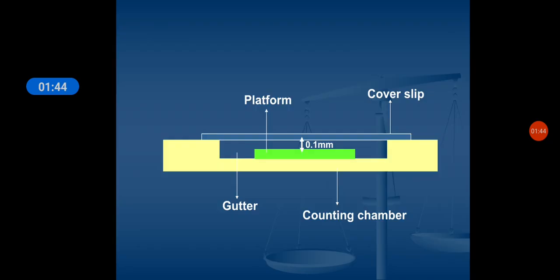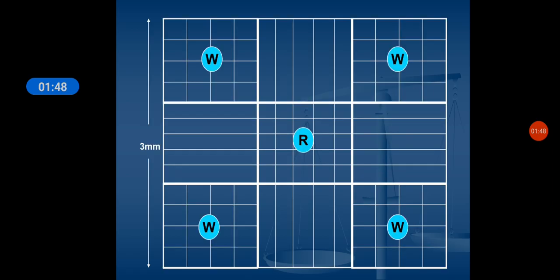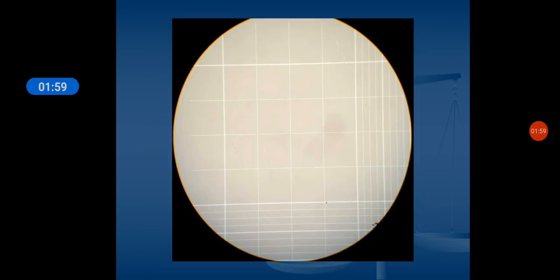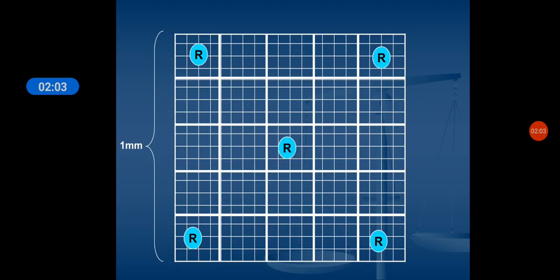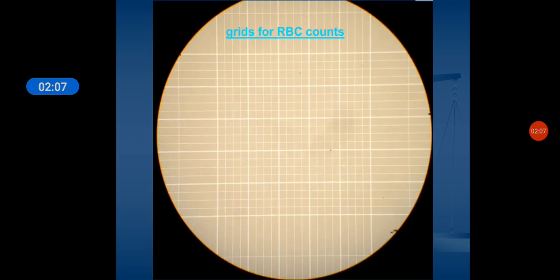The periphery is used for counting WBCs, and the center is used for RBCs. This is the grid you see under the microscope. This is for WBCs, and this is the center grid for RBCs which I told you.